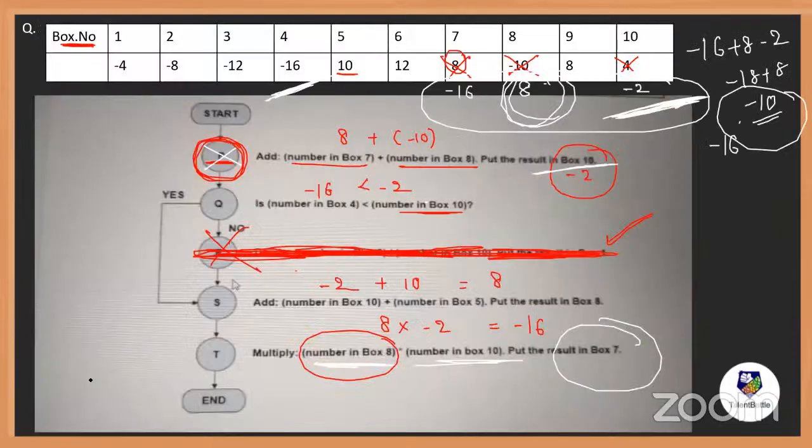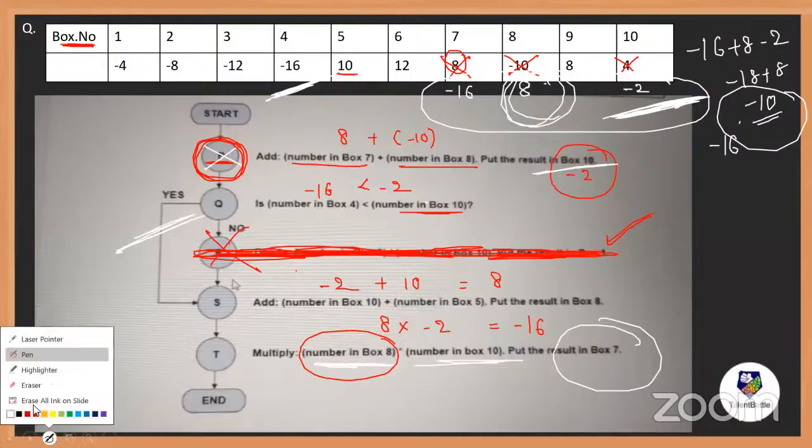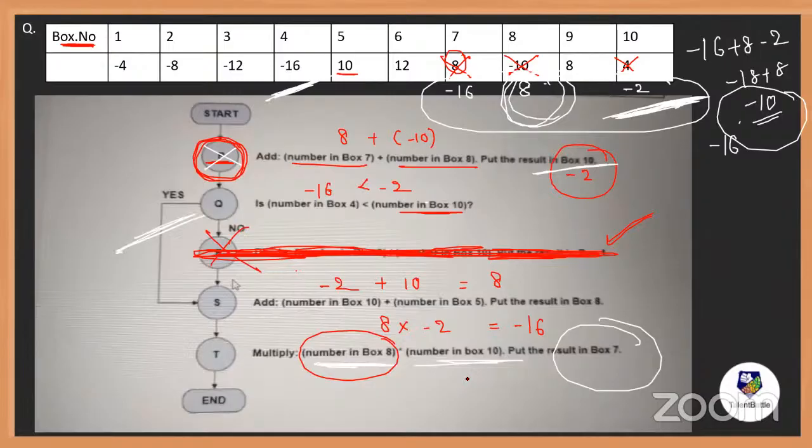Flowchart problems are also not so difficult. You can easily solve them, but you should perform the steps carefully. If it is yes or no, you need to cross-check. Symbols are very important here. Whatever numbers are given, the symbols are also very important because negative will be there, positive will be there. So do not forget to consider the symbols. Are we clear with the flowchart also? I hope all of you understood. Everyone is following. I'll go ahead with one more.